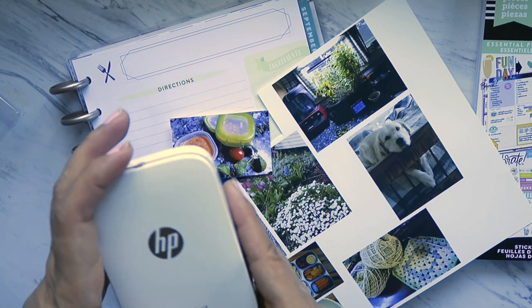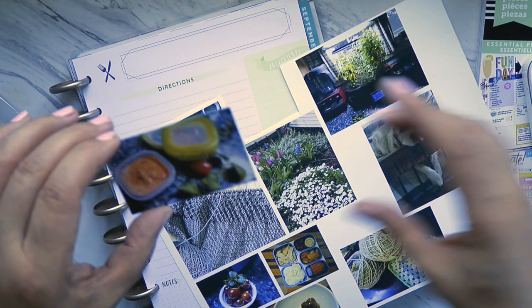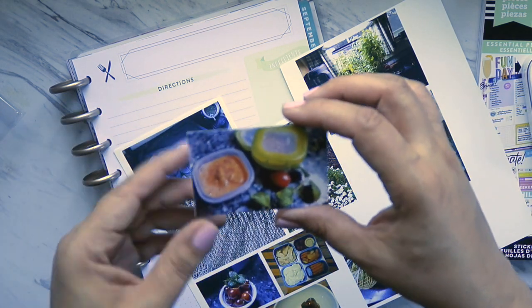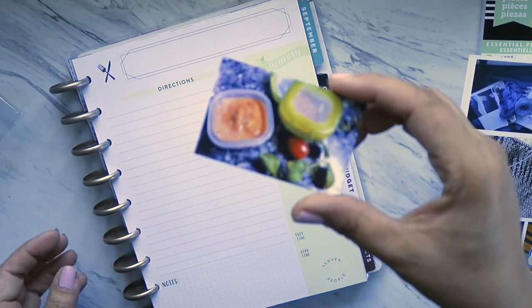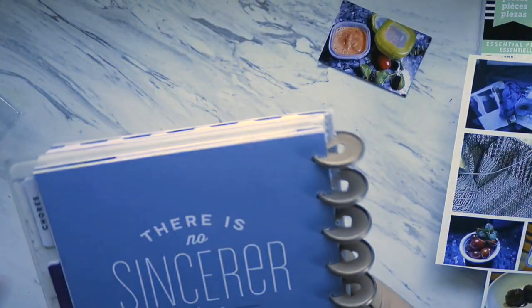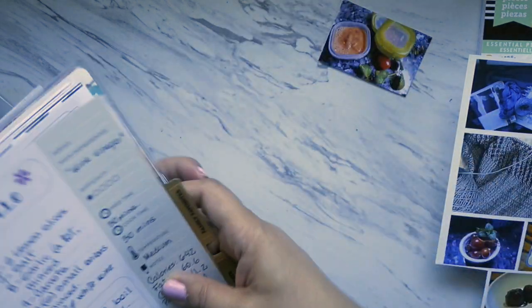This one, the HP Pocket. Really nice. It's the first time that I'm using it. I like that the space you're printing is really the total size of the picture, not like my other machine. What is it? Well, if you see here,